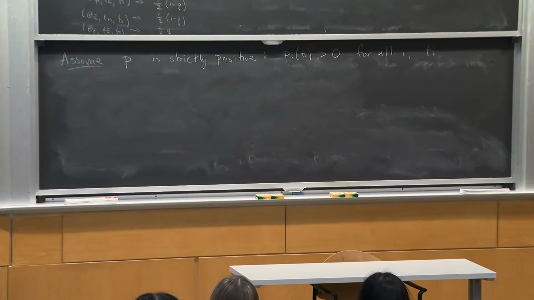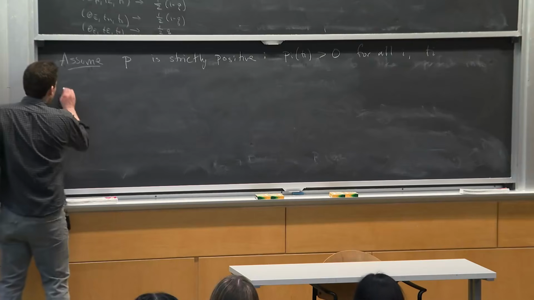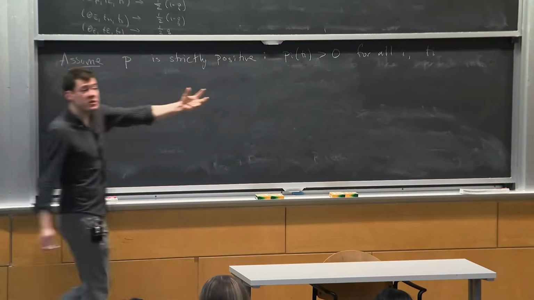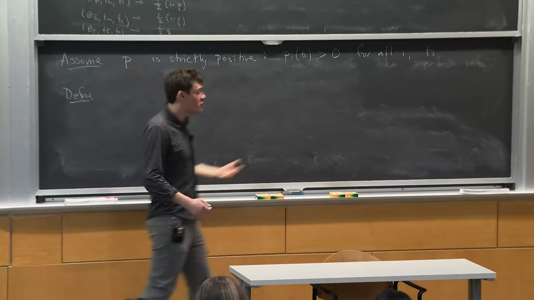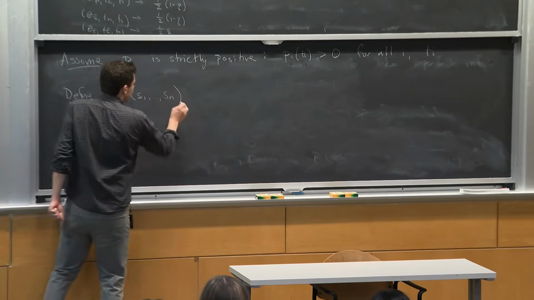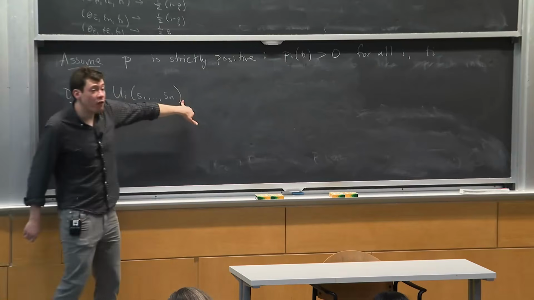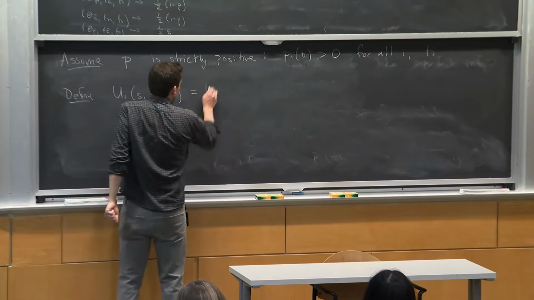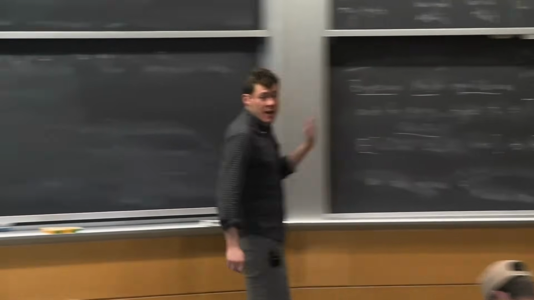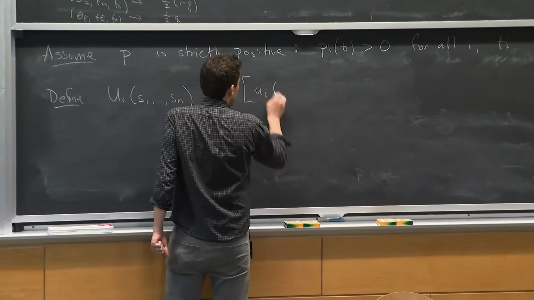OK. So if we want to understand what's going on here, one thing we could do is define a new utility function directly over strategies. So we could try to reduce this game and express it purely in strategic form. So we could say, I'm going to write capital U_i of s_1 up to s_n. And this is going to say, what is my ex ante expected utility if we all follow these strategies? And now I'm going to take an expectation not conditional on t_i, just an expectation before we learn any of our types. And it's going to be u_i of